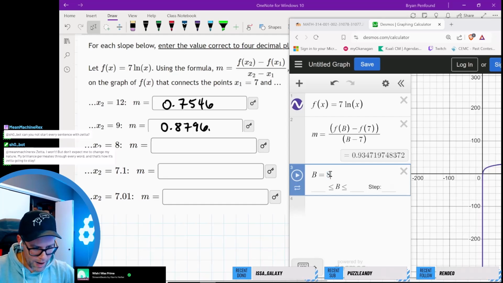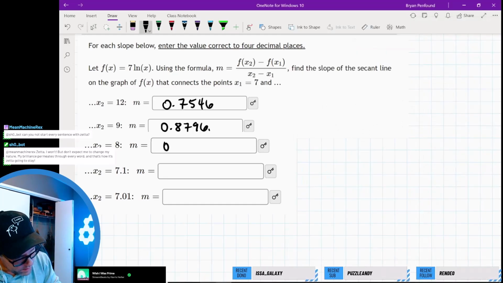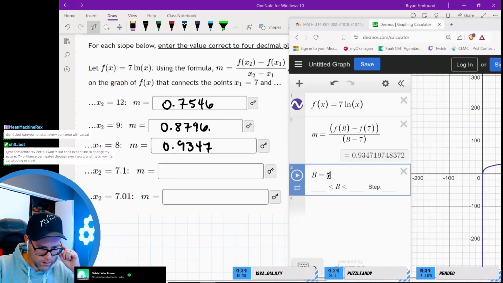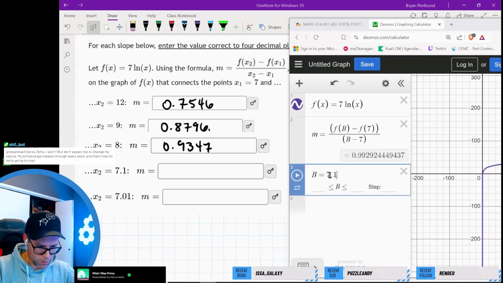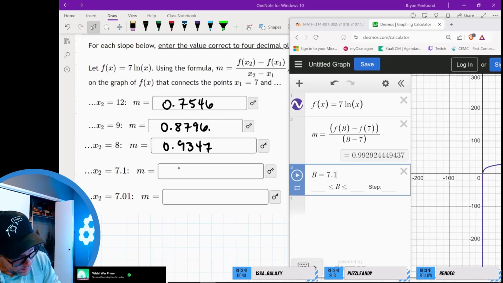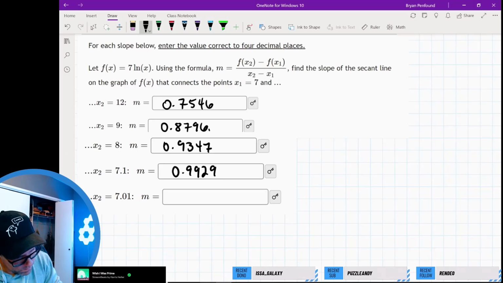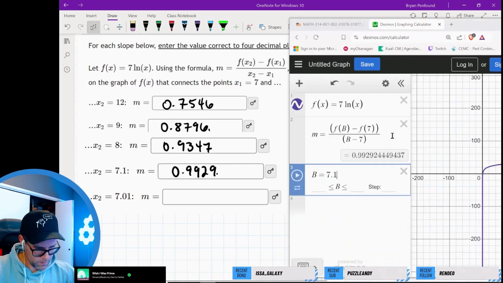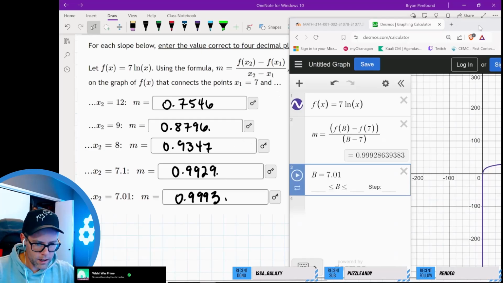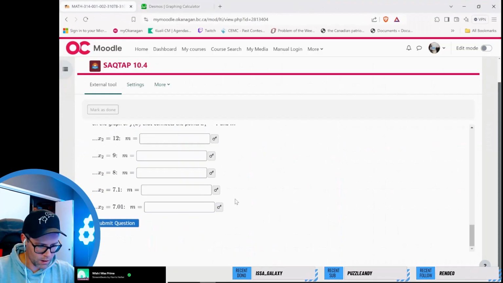Okay, we'll decrease this to 8. 0.9347. And then we can go 7.1. This should get us pretty close to the slope of the tangent line, 0.9929. And then we'll change this to 7.01, which will be 0.9993. And there we go. We have completed chapter 10, I believe. I think that was our last question from